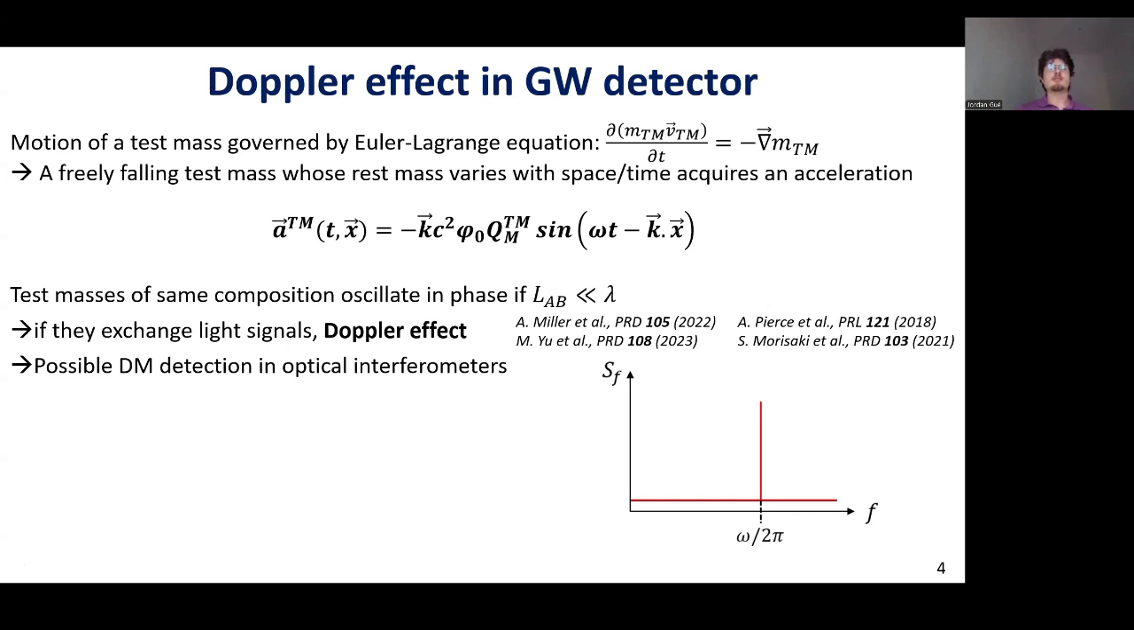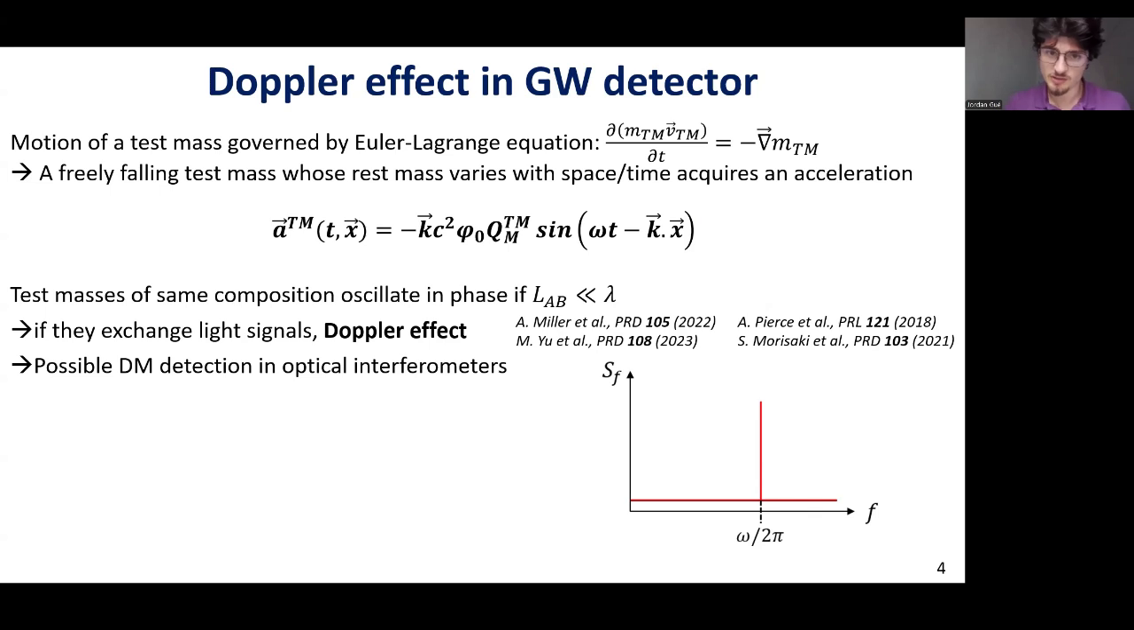But if they exchange light signals, this oscillation will induce a Doppler shift of light. And so this means that you can detect such oscillations in optical interferometers, for example, the ones that are used for gravitational wave detection. And so this is what some people try to do to look at this kind of signal in, for example, the data of LIGO and Virgo. And we expect